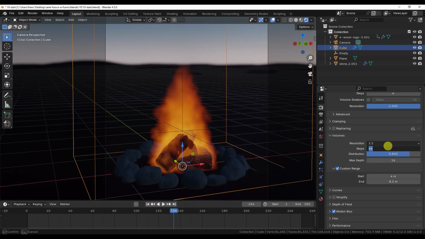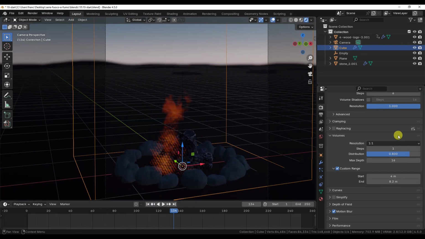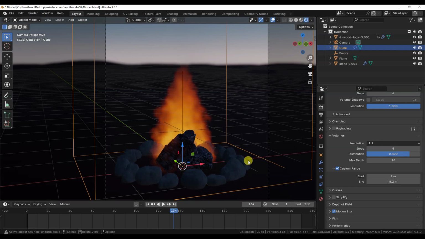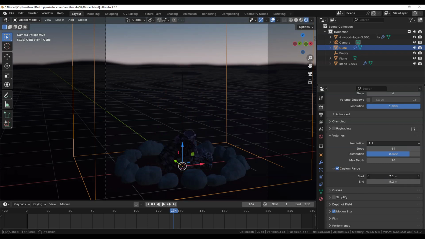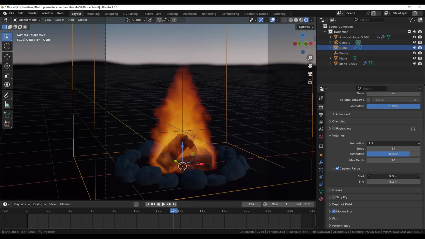As mentioned earlier, the viewing volume is divided into slices called steps. The steps parameter works together with the custom range start and end options, which are enabled by default. The space between start and end, beginning from the observer's position forward, is divided into the number of slices specified by steps. Each slice is rendered, and the combined result produces the final image.